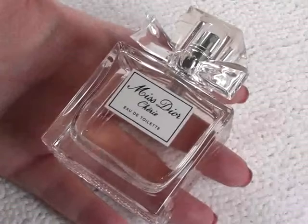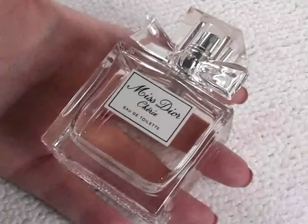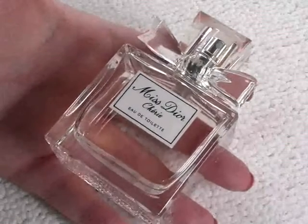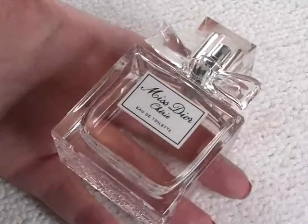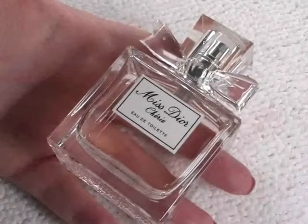I have got loads of perfumes. Maybe at some point I'll do a video and show you what I've got and what I like as well. But this is the one that I've got. I've been wearing it all month. I really do like it. The only thing that I'm going to say is that it's quite expensive anyway, but the scent is a really sophisticated one. I really feel really nice wearing this, nice and smart, and maybe a little bit classy,